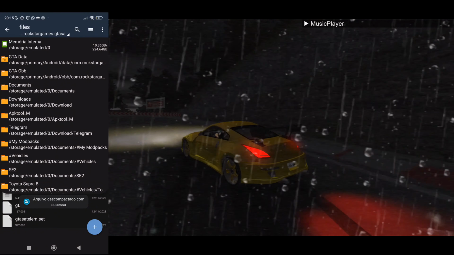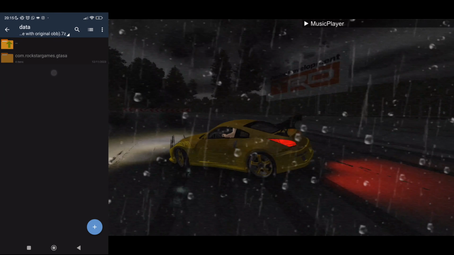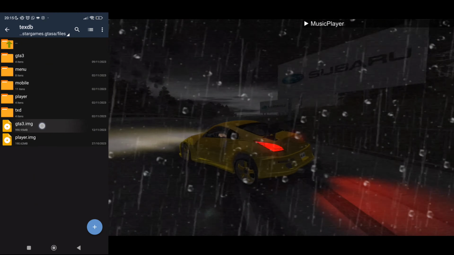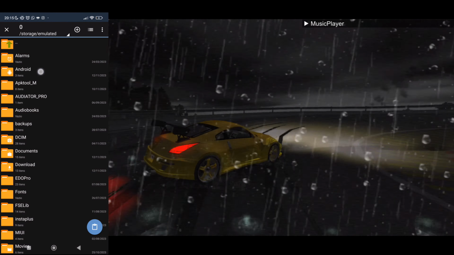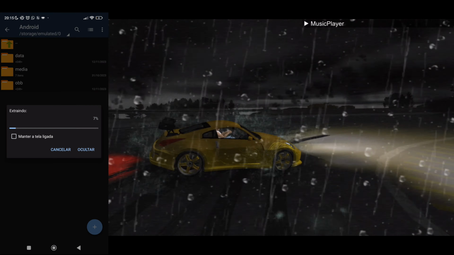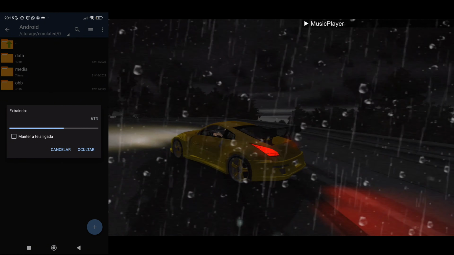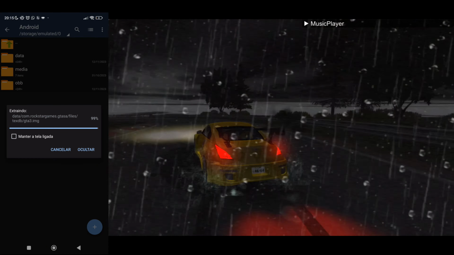Go back to the zip file. Let's get the image of the game right here. I will extract it in here because we're going to change it again, and if I put it inside of the game folder I won't be able to change it because my game folder is blocked. So now let's